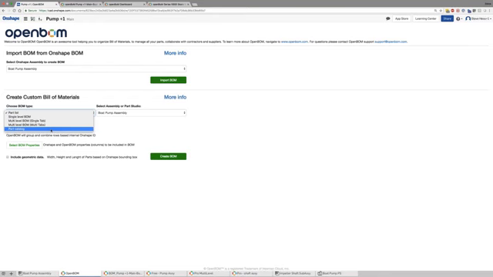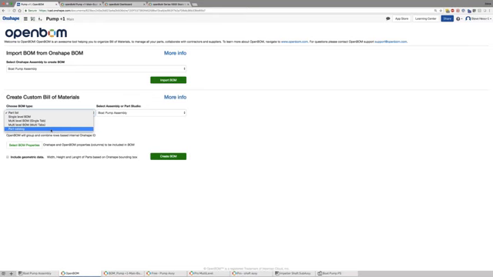So if you're like me and you've got bar stock or maybe some standard molds or other things, you can bring that into an OpenBOM part catalog and use those items in other bills of material. So we're going to take a look at the multi-level. We will also visit the template for the OpenBOM Onshape integration.